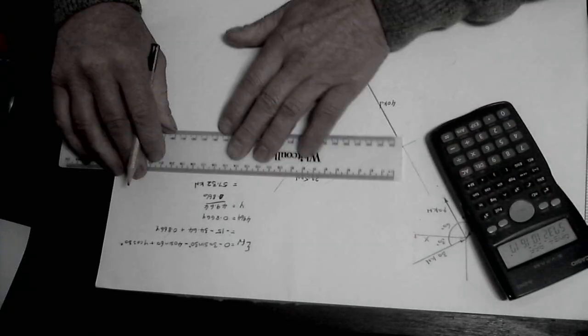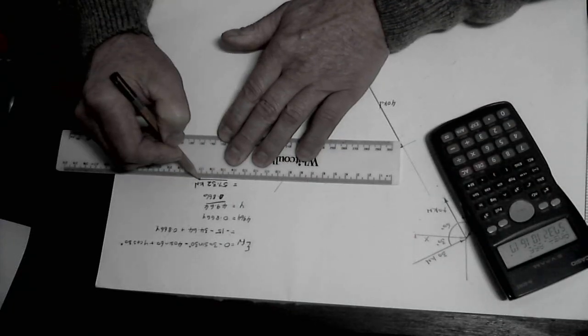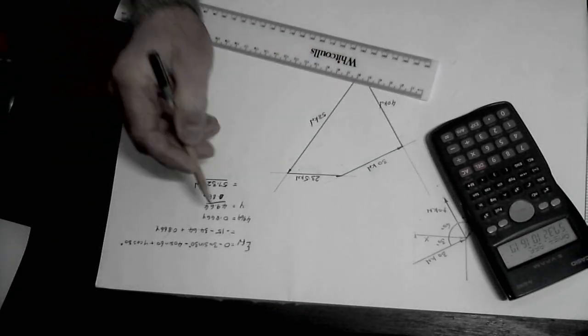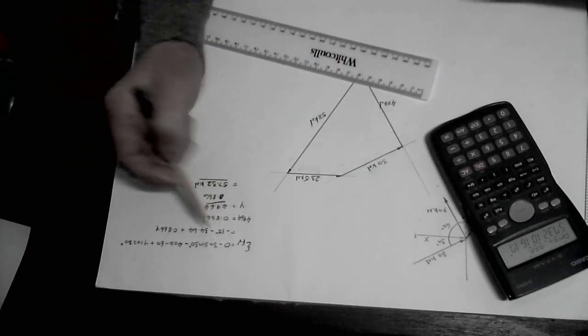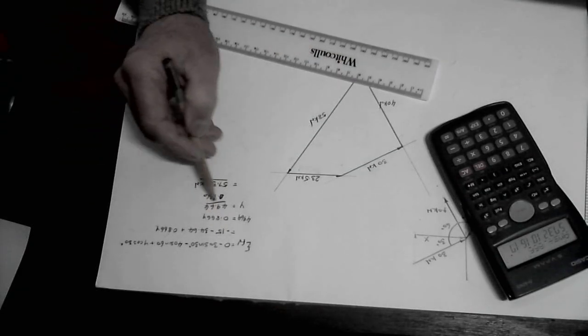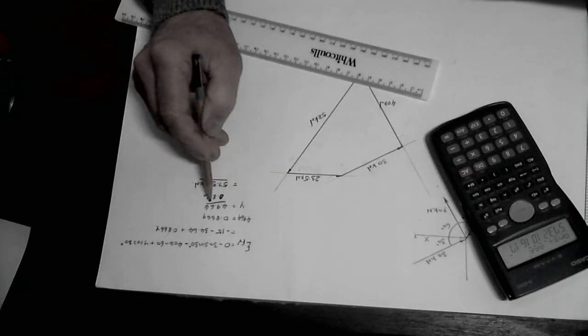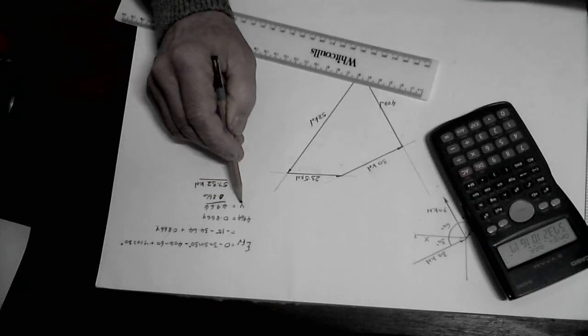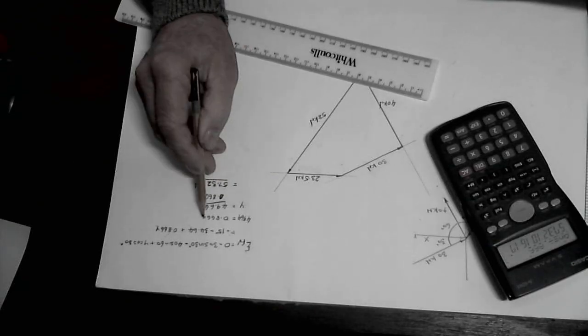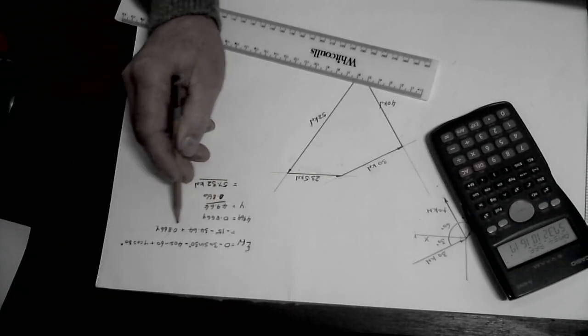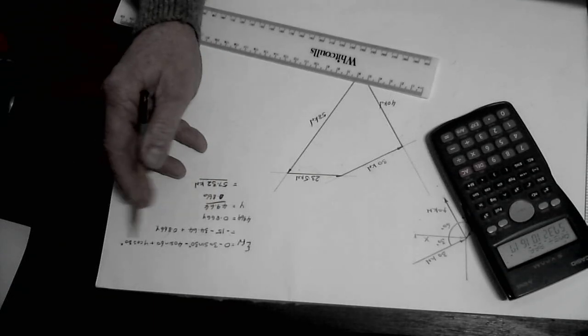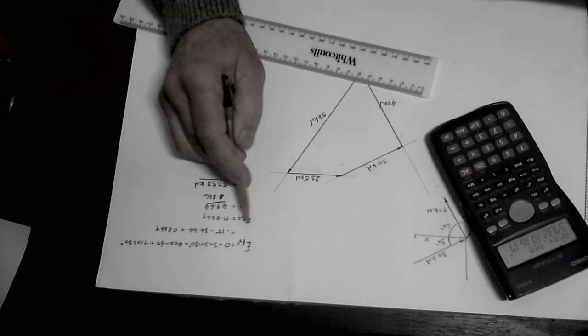Right, so that's y, and the sum of the verticals is the y cos 30. So y cos 30 is equal to